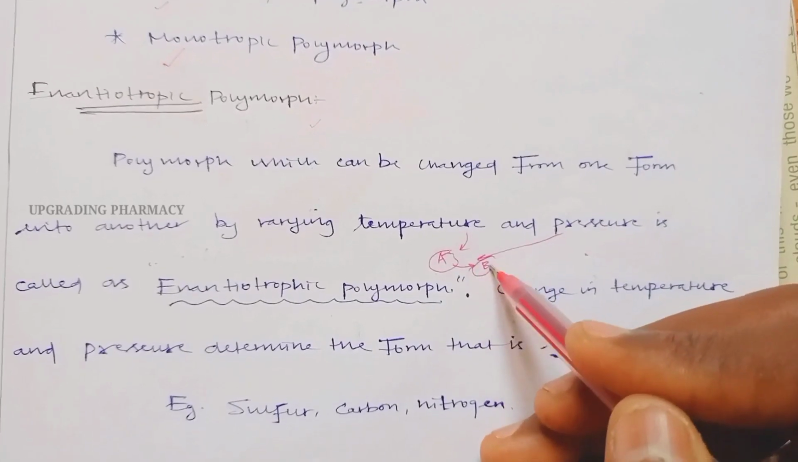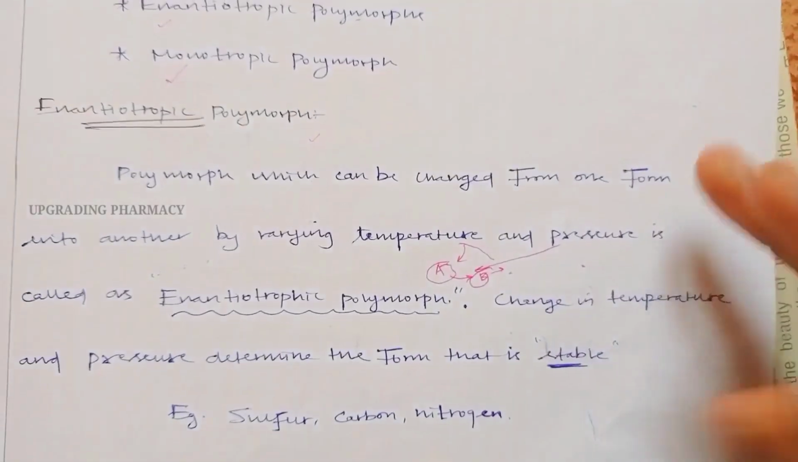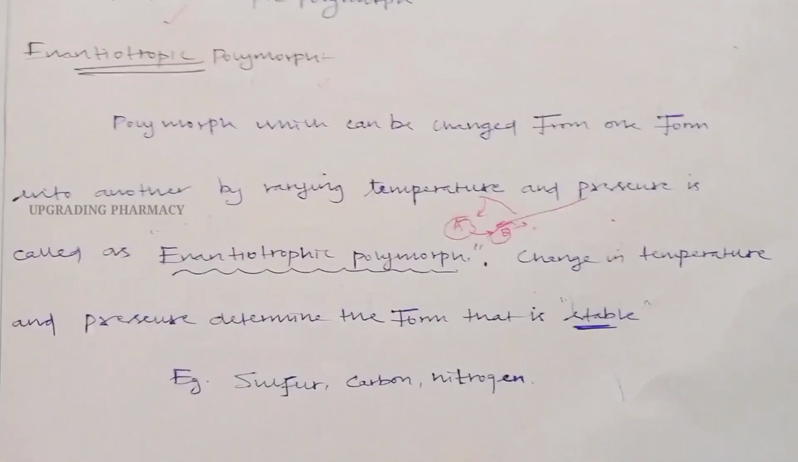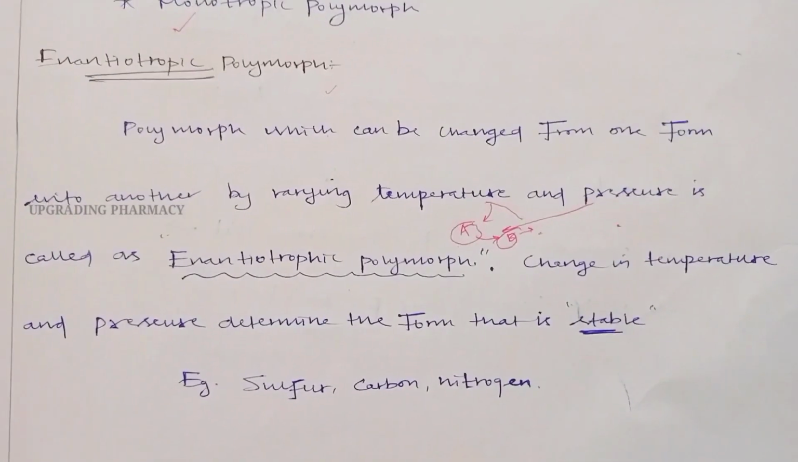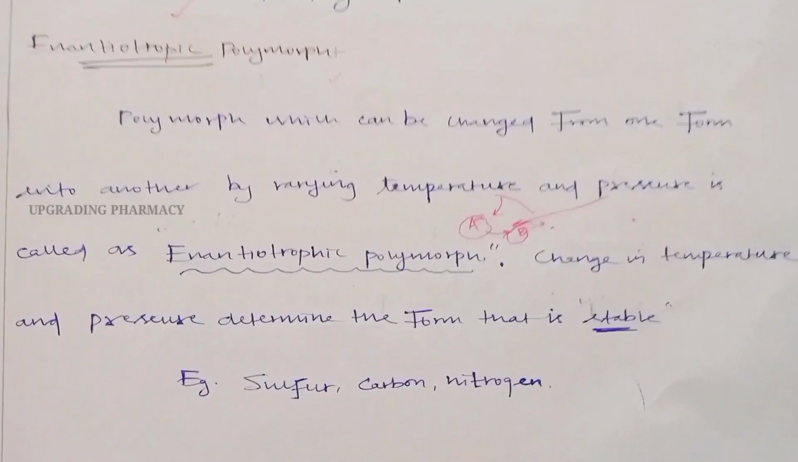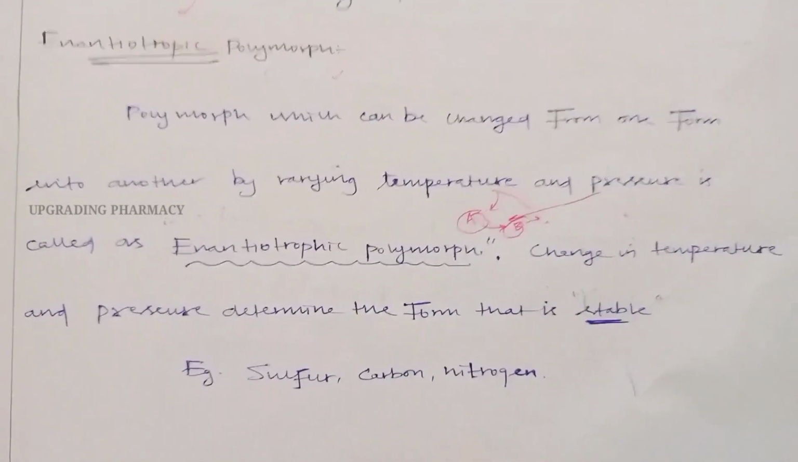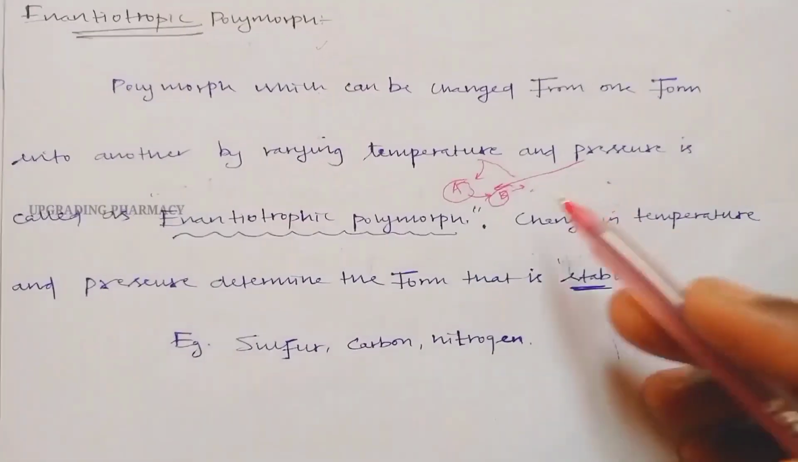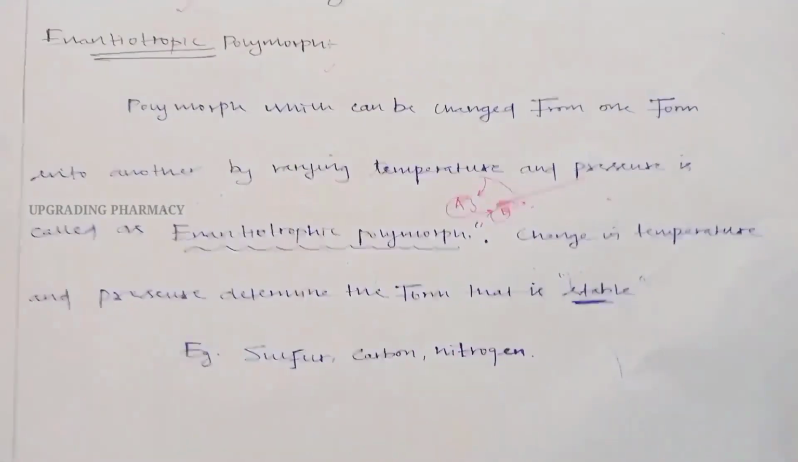Okay, that is the B form, which is more stable at a particular temperature and pressure. The temperature and pressure of the surroundings will determine the stable form of the particular structure. So this is enantiotropic polymorphism, that is, the change of structure depends upon the temperature and pressure. A change in temperature and pressure determines the form